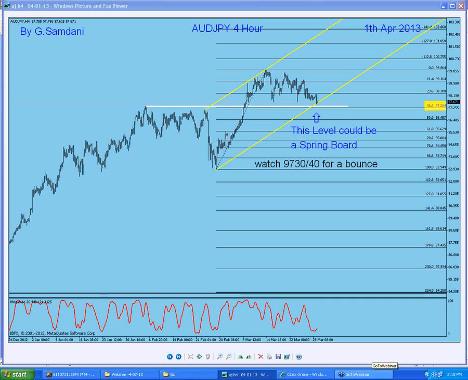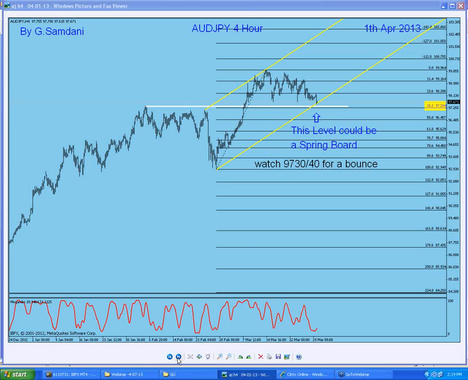Letting you know how we did last week and what charts I sent out in the emails to subscribers. This is one of the Aussie Yen charts, you can see April the 1st. And this is the chart that I sent out for the setup. This level could be a springboard. Watch 97.30, 40 for a bounce. And this was a